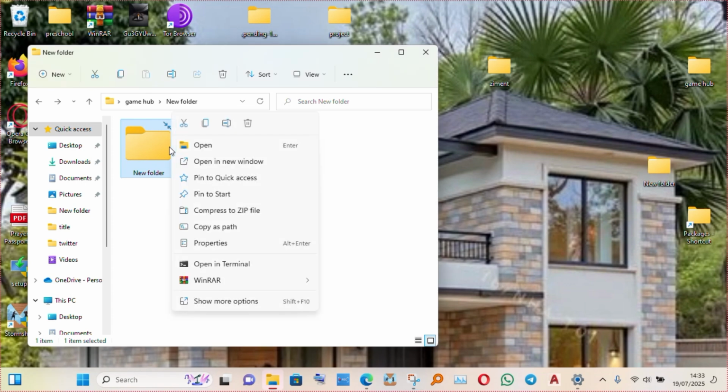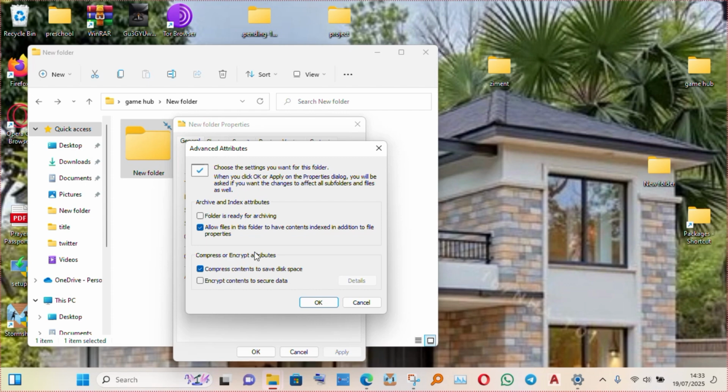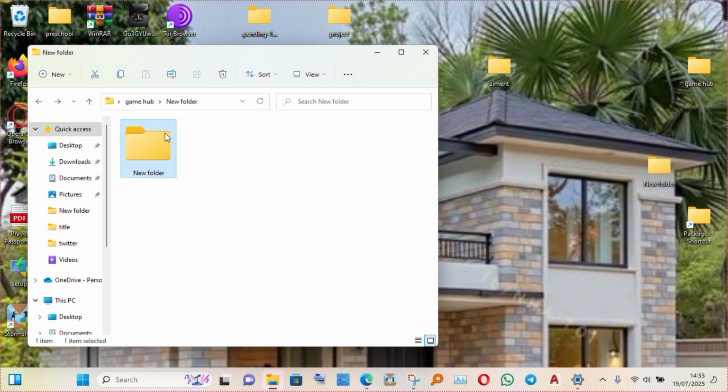You just right click on that folder, you go to the properties, you want to go to advanced, and then under compression and encrypt attributes there, you just want to uncheck that box there, then you click OK, then you click apply, and then you click OK there, and then you can see that the blue double arrow overlay icon there is gone. That's how you